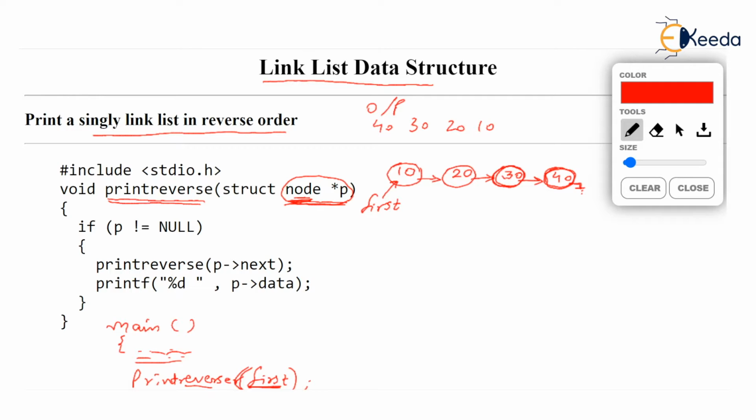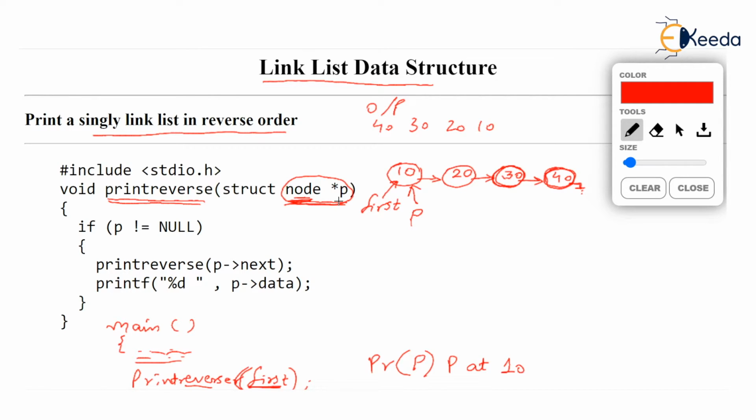So if you run this recursive function, PR, print reverse called in short, has a pointer called P, parameter P, and P is right now at 10, at node 10. So we have a pointer P which points to 10 because the first pointer was copied in the parameter P, correct or not? So now we can say that the print reverse function is running with pointer P pointing at 10.